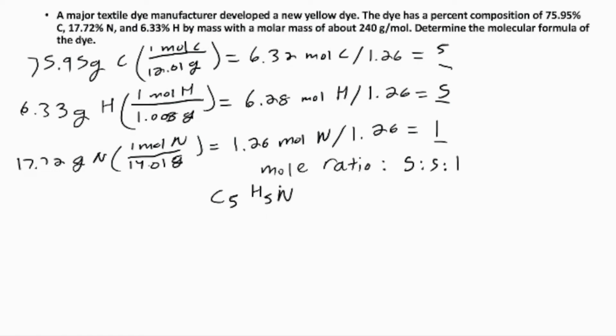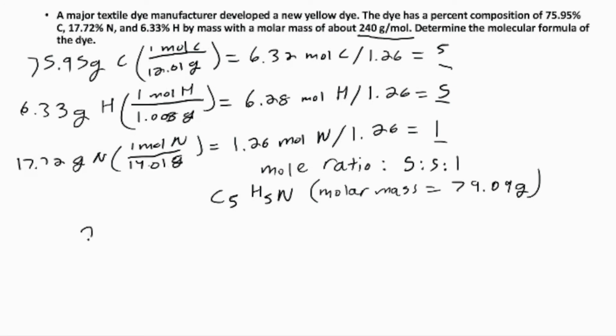But we're asked to find the molecular formula, which is different from the empirical formula. And to do that, what we want to do is divide the molar masses by each other. So we were given a molar mass of 240 grams per mole, and that's for the actual compound. But our empirical formula here isn't the actual compound. It has a different molar mass. The molar mass in this case is going to be 79.09 grams. And what we can do is take the molar mass of the actual compound and divide